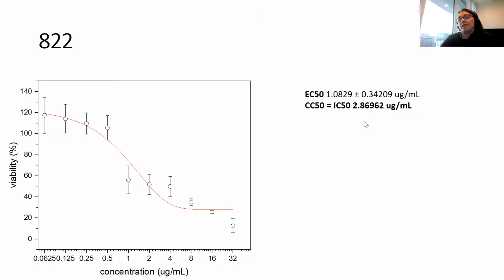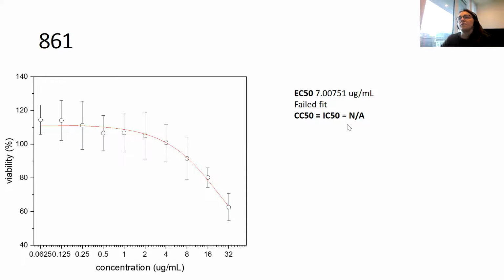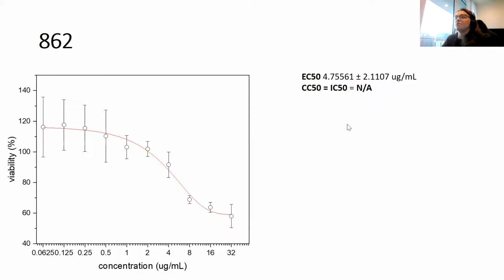Again, we don't see 100% kill, so this is not a full response, but the data seems pretty consistent. 861 is one that I couldn't fit the data because it doesn't line up with the dose response behavior. So I can't calculate an IC50 because we don't observe 50% kill. 862, same story. We don't observe 50% kill,